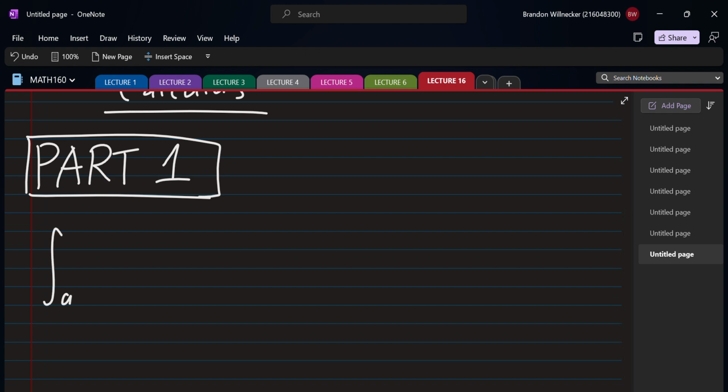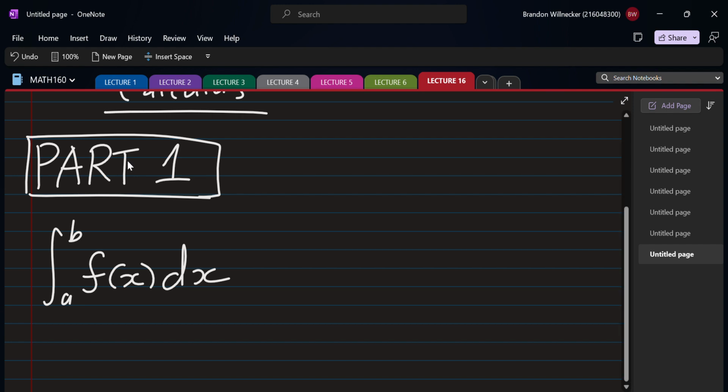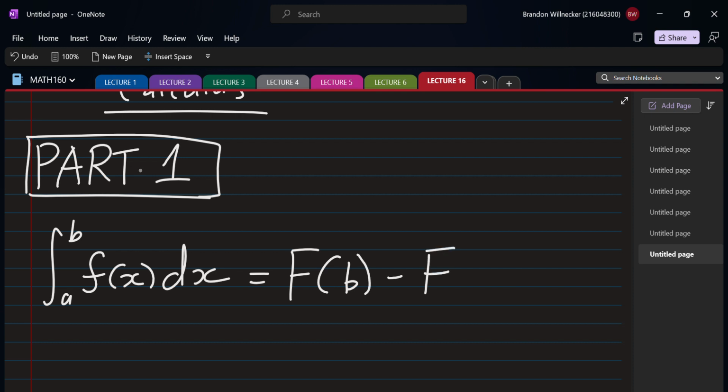Okay, so part 1. We have the integral from a to b of f of x dx. Now we know one way of calculating this: we do the limit of the Riemann sum, we take the limit, simplify, do all of that, and we get our answer. It's quite a long way. There is an easier way to do it, and that comes from this FTC part 1. The way that we calculate this is equal to capital F of b minus capital F at a,